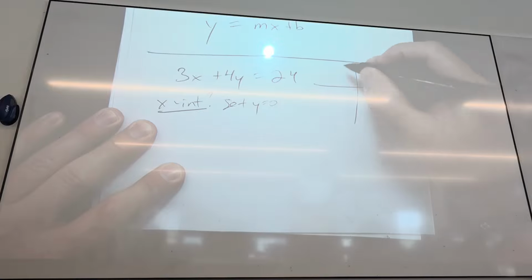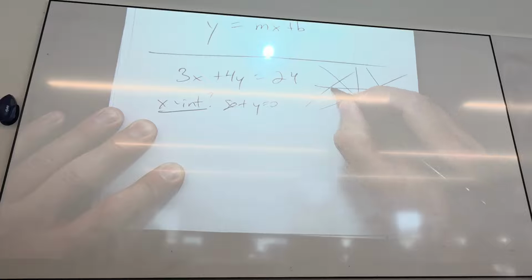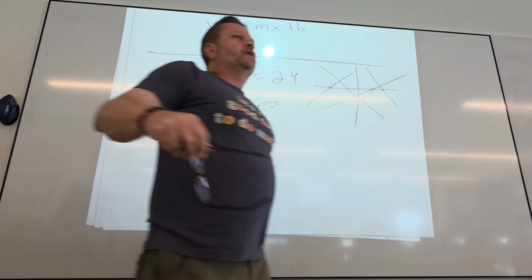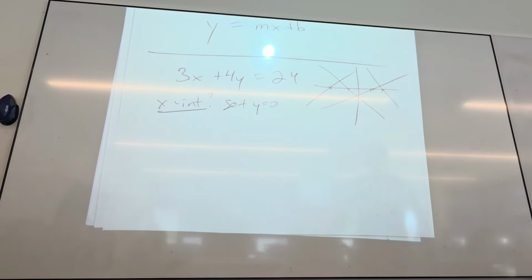So why does it make sense to make y 0 to find the x-intercept? Because what happens if I draw many, many lines? What's true at the x-intercept every single time? What's the value of y? 0. Yes! Students forget this so easily for some reason. If I ask you for both intercepts, don't solve for y. You'll get b, which is the y piece of the y-intercept, but it's not going to help you get the x-intercept. Just plug a 0 in for y, get the x-intercept.